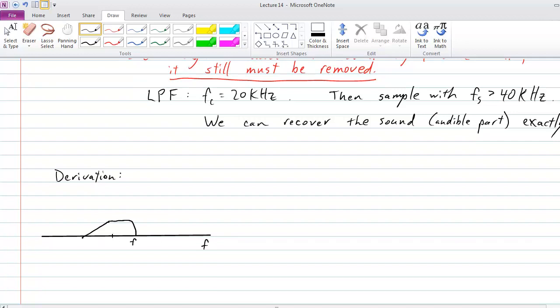So let's say here's 0, here's the bandwidth, and here's negative f bandwidth. All right. So this was capital X of f. Of course, it's really complex valued, and I'm drawing it as if I can do it in one dimension. Again, it's just a cartoon picture. So now,